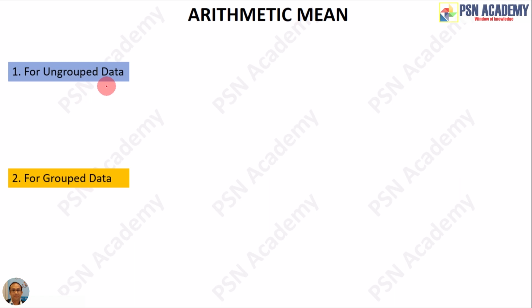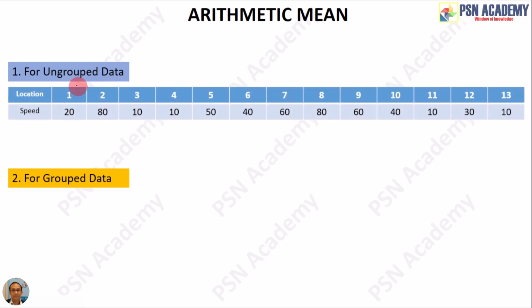One is ungrouped and the other one is grouped. Now what is ungrouped? The raw data you have collected. Just like in our previous example of the car moving, we have 13 locations and we have 13 different speeds at those locations. So this is ungrouped data. That means whatever you have collected or observed, all those data points without any manipulation have been